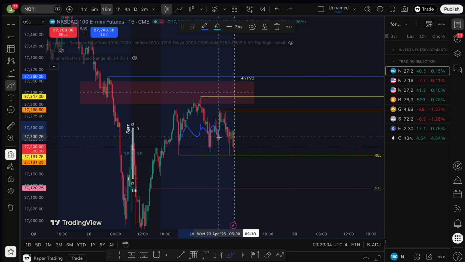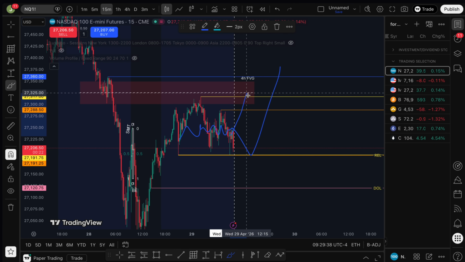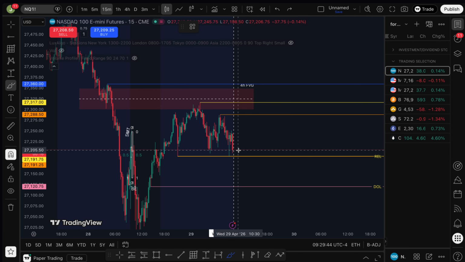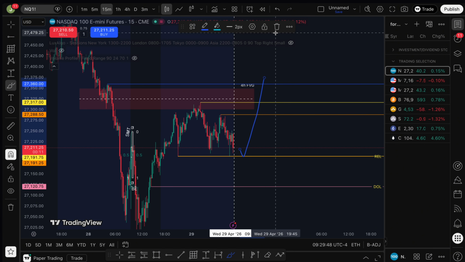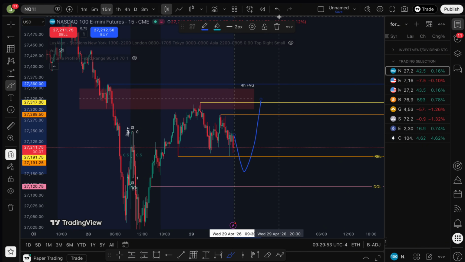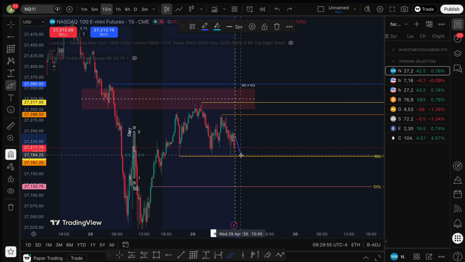I'm considering just consolidating. We hit a point and then we go up, or we hit a point and we go down. It depends on what we hit first. We hit a liquidity point, and yeah. So we could target Asia. We could target the lows real quick and then bounce right back up. But that's just the market open. We could see a quick movement like this and then go all the way up.